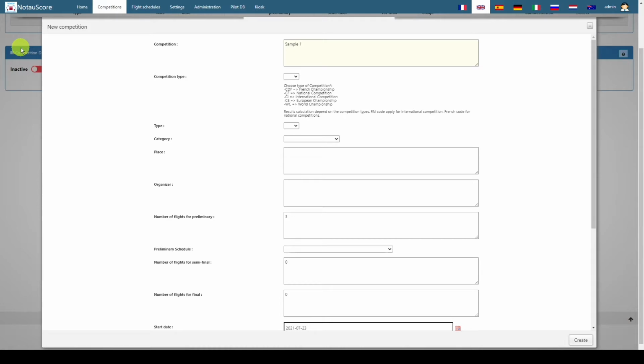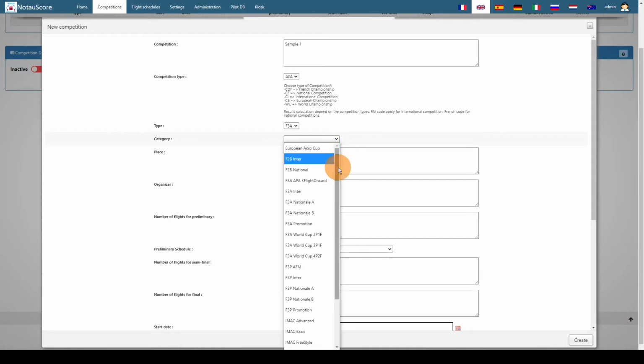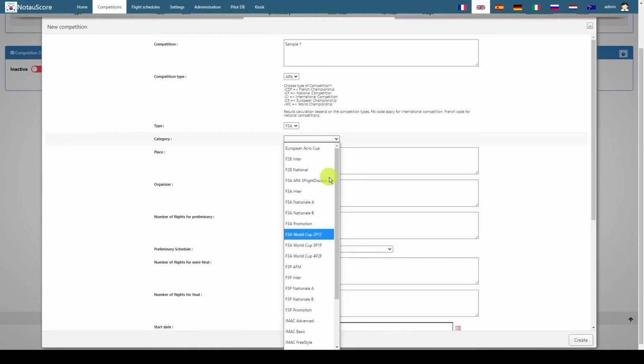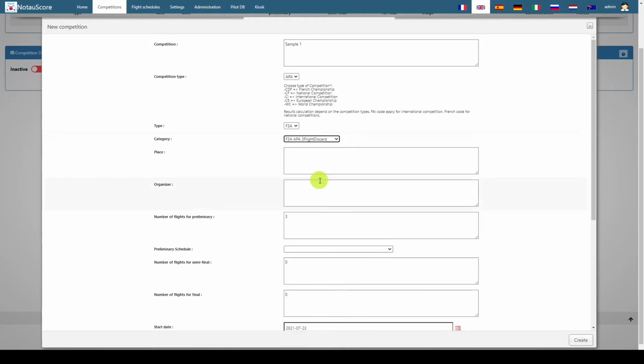I use my tab key a lot, or you can of course use your mouse and select your drop downs. I will select competition type APA because I'm from the APA, but as you can see here, you've got other options for World Championships, European Championships, things like that. And I'll mouse through to the type, and I'm going to use F3A as my demonstration. Category: you can see the categories here denote how some of the scoring happens. For example, you've got some of your World Cup options here. Because I'm familiar with it, I'm just going to use the APA rules, and then you type.